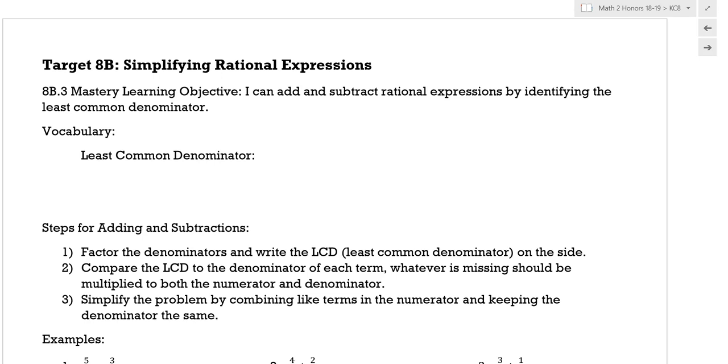And the biggest thing is, in order to add and subtract fractions, and this is true of just numbers as well as now our rational expressions, we need that least common denominator. So we need to know what that is first. And our least common denominator is the smallest of all the common denominators. So the common denominator is